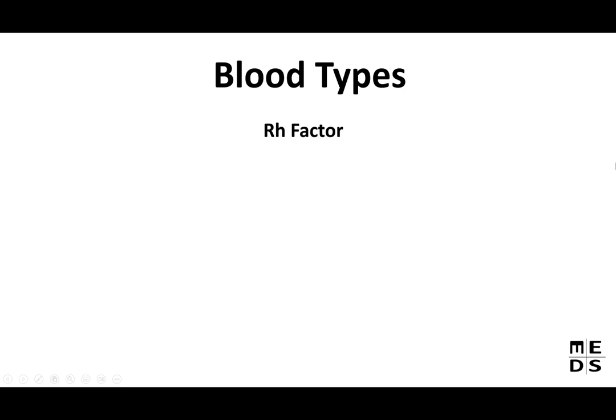All right, so now I'm going to talk a little bit about the Rh factor. Essentially the way I'm going to set this up is on one side, which is going to be the left, it's going to be giving or donating, and then on the right, it's going to be receiving. And you're going to have to memorize a little bit of some pluses and minuses, but once you get one side, all you have to do is switch the signs, and then you have it. So over here, if you're going to give and you're going to donate, a positive can only give